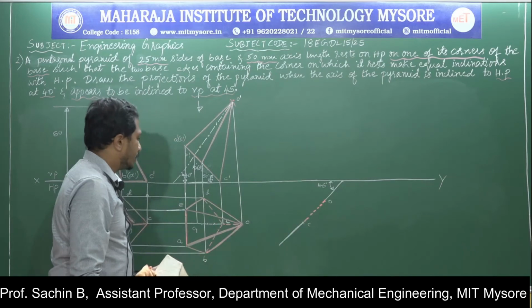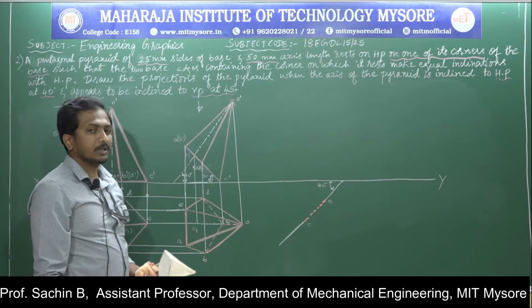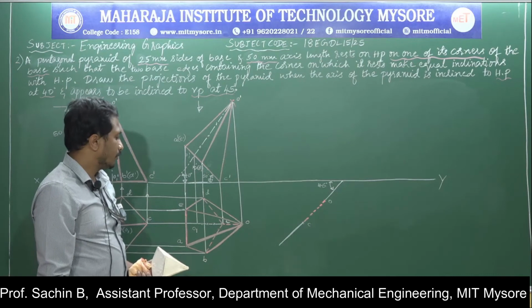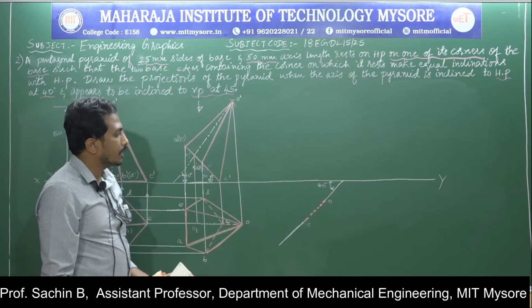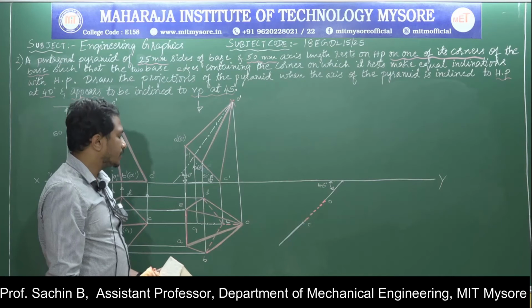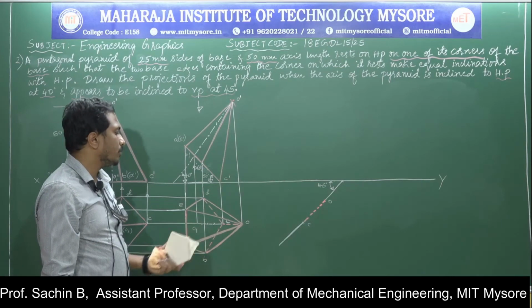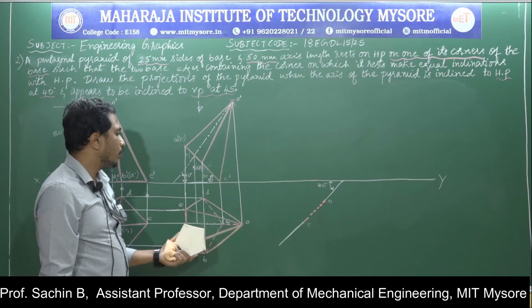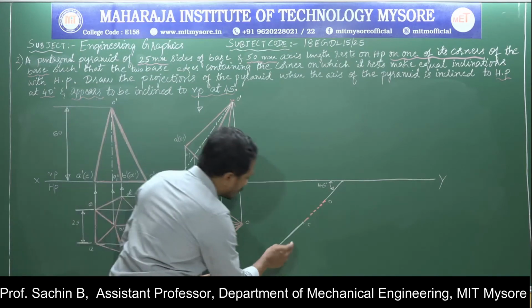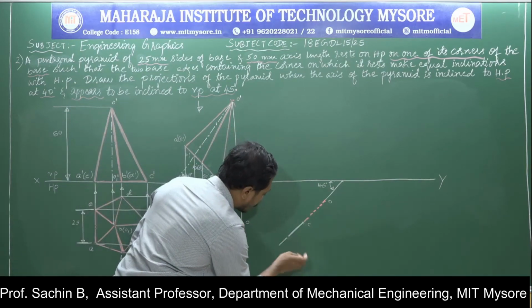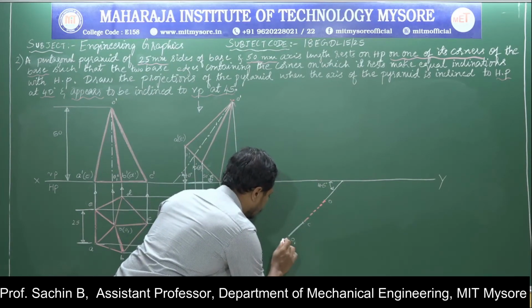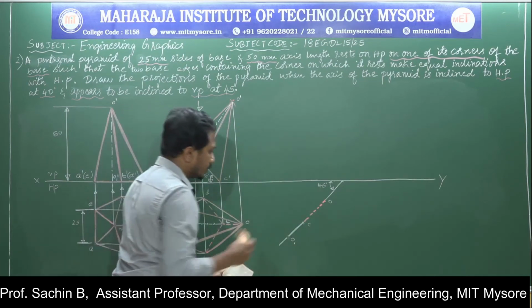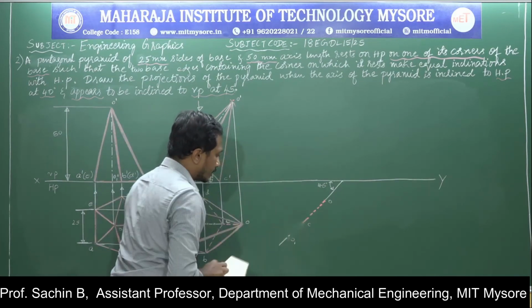Next, the remaining part of the construction. How to do the remaining part of the construction? For that, I have drawn the axis inclined at an angle of 45 degrees. Next, I will go for marking one more point, that is the O1 point. By measuring from O to O1, the O1 will appear here. Okay, that is my O1 point. Next, I will go for making it a chain line.